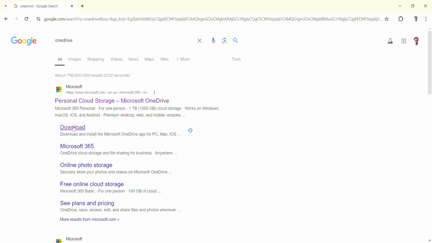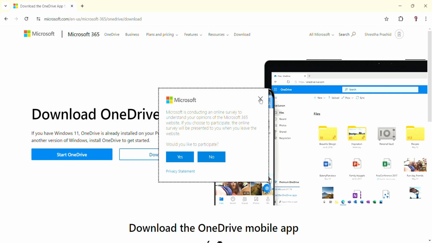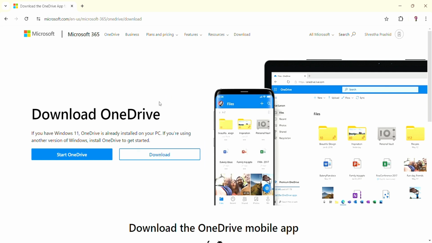Download text. Just click on it and the download interface will open right in front of your screen. And when this interface is opened, you just have to click on the download button and the download procedure of OneDrive will begin. And when OneDrive is successfully downloaded on your PC or computer, then you just have to